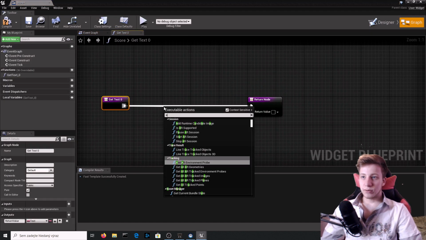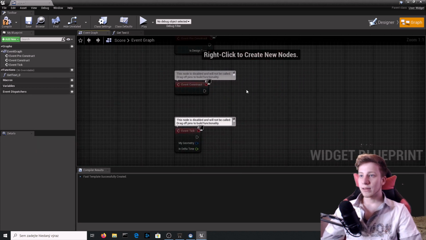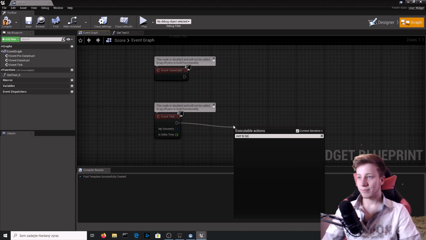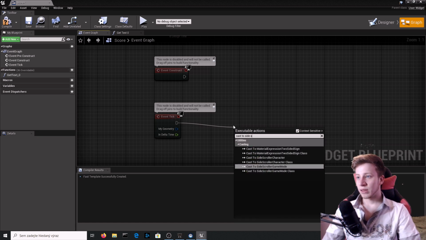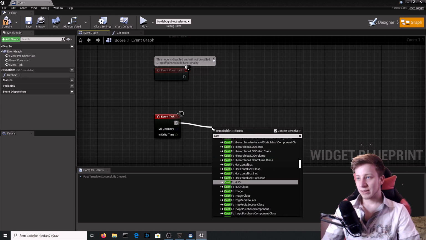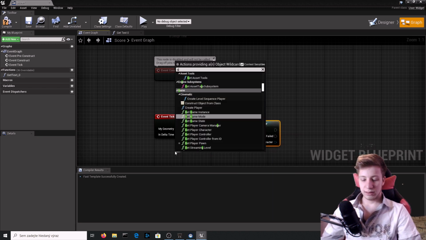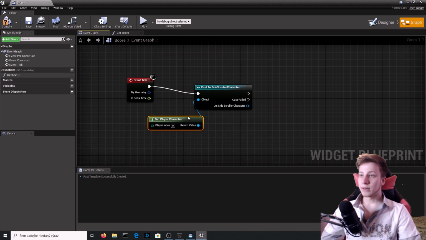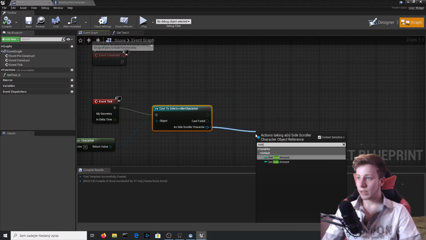And to get the text, you need to go to your event graph, and on event tick, cast to our third. Okay, you need to write properly. Cast to side scroller character. Oh, come on. One more time. Cast to side scroller character. Get player character from our object. Compile it, and we need to get our coin amount